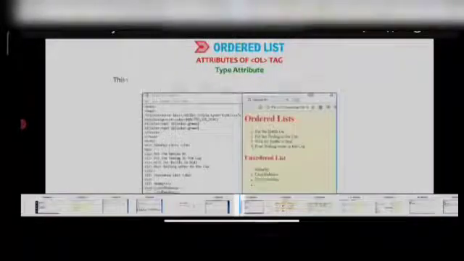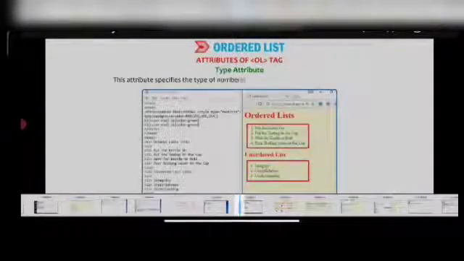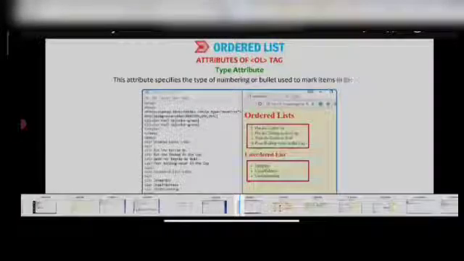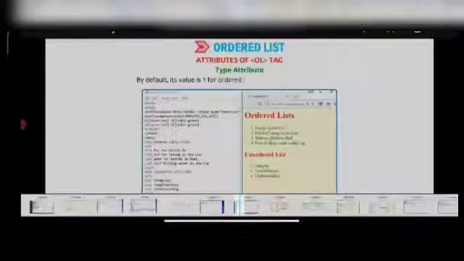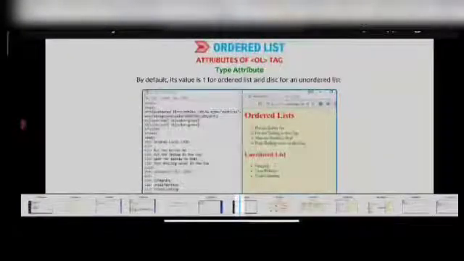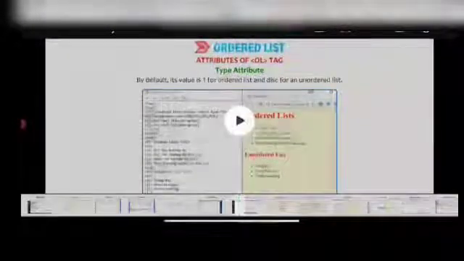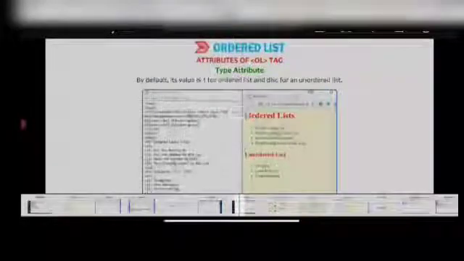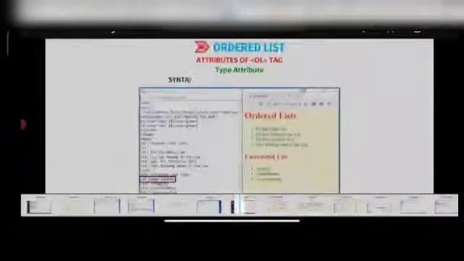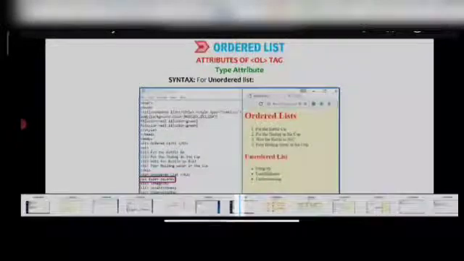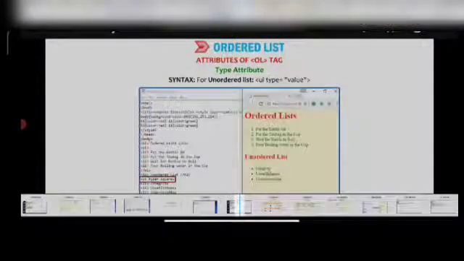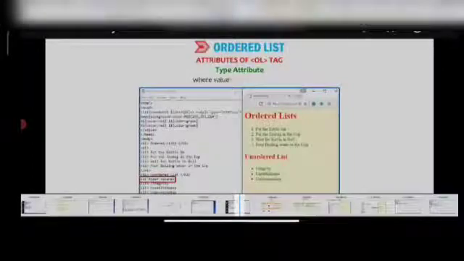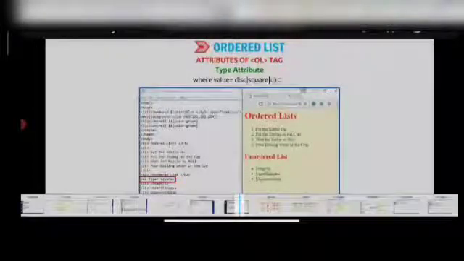So the type attribute: this attribute specifies the type of number or bullet used to mark items. By default its value is 1 for an ordered list and disk for an unordered list. Syntax for unordered list: UL type equal to value, where value equals disk, square or circle.